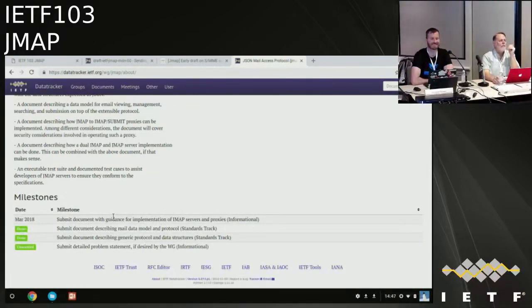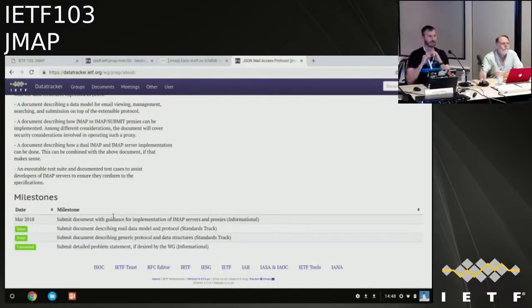On microphones, please. Neil Jenkins again. I think Alexi had volunteered to write a document about translating between IMAP. He said he cannot deny that off microphone. That can be minuted. I have written a document which is on the jmap.io website, which is about data structures you could use to implement that, but that's different. This document was meant to be about translating between IMAP and Jmap, I believe.